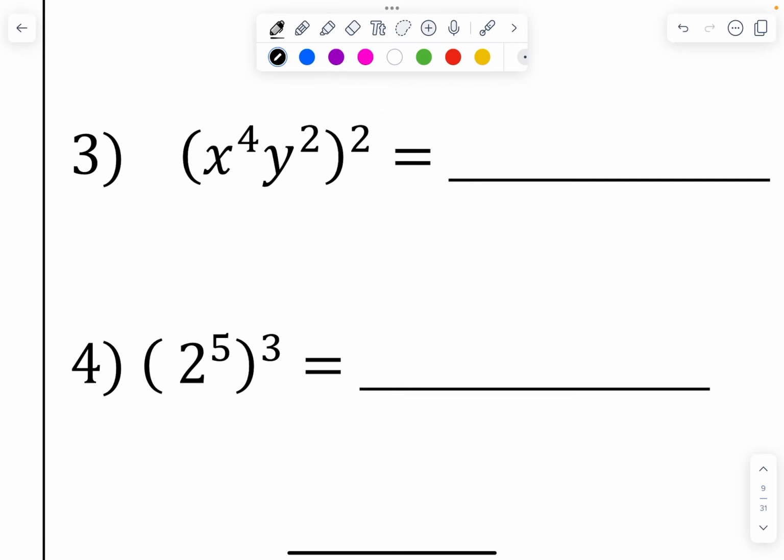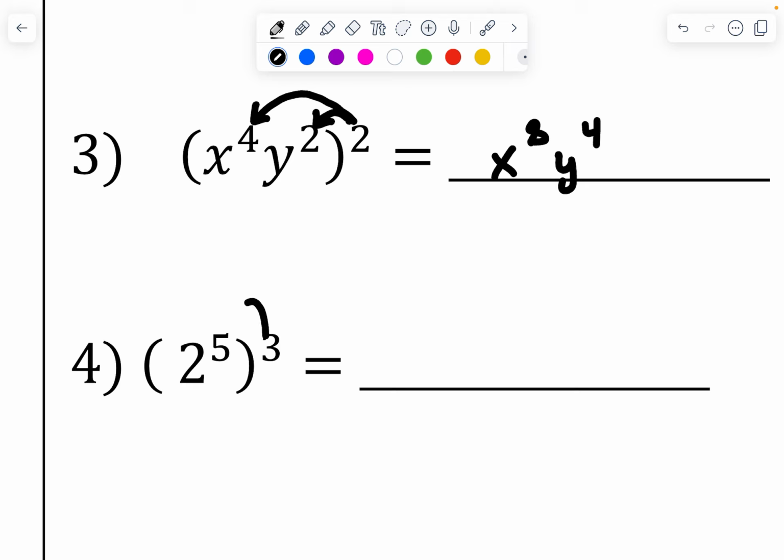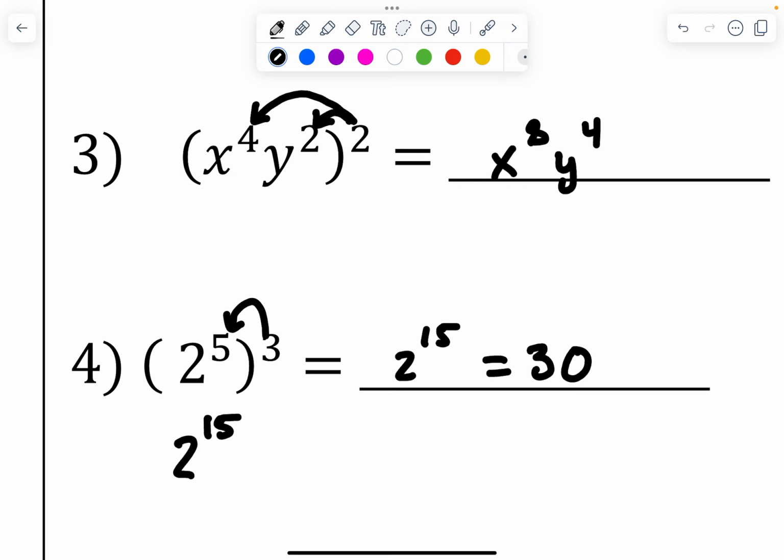I'm going to distribute this exponent on the outside to all of the ones on the inside, right? We're just essentially distributing. So x to the 4 times 2, that's 8. Y to the power of 2 times 2, that's 4. 2 to the power of 5 times 3, that's 2 to the 15. Now you could leave it like that. I'm going to go ahead and multiply it, but you can just leave it like this, honestly. I wouldn't mind, unless the instructions specifically say